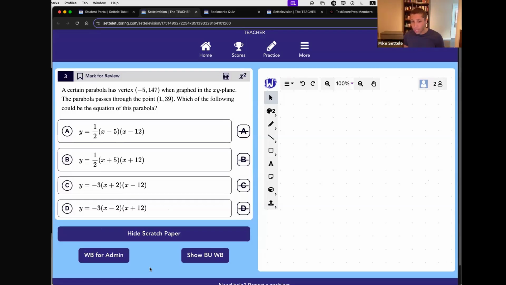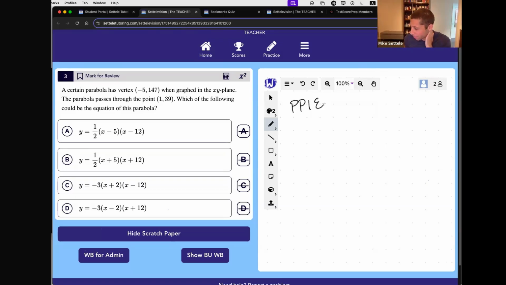So give it a try, and you can interact with this. If you want to cross out answer choices, you can do that like this. You can choose it. You can mark it for review, all that good stuff. All right, cool. I'm seeing some answers here. I'm seeing some crossouts. That's good. And I promise you, you don't really need to know anything about parabolas to get this right. I know that that word is important in the question, but you don't really need to know anything about it. Give it another couple seconds, and then I'll start talking more about my solution here.